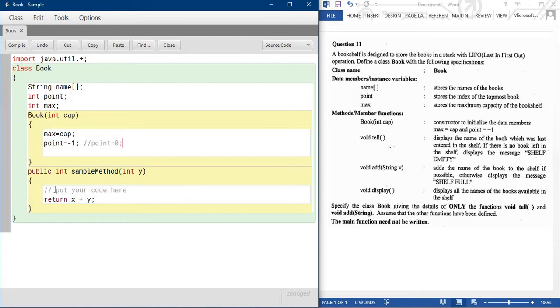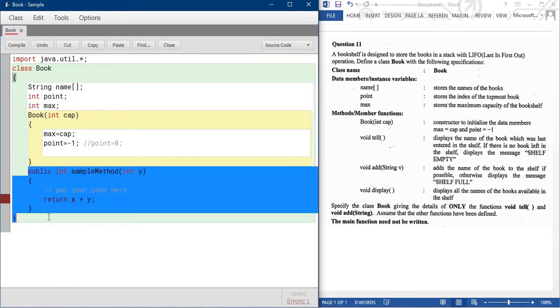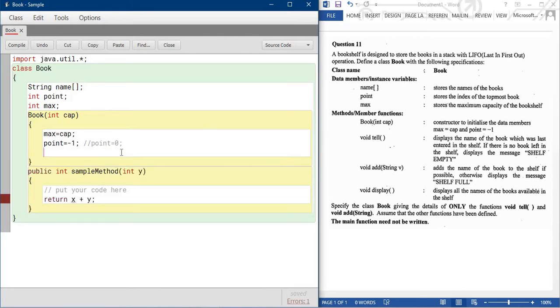Now this is not the whole constructor. One more thing that is not mentioned in the question paper is the size of the name array, how many elements. So just write name is equal to new String[max].